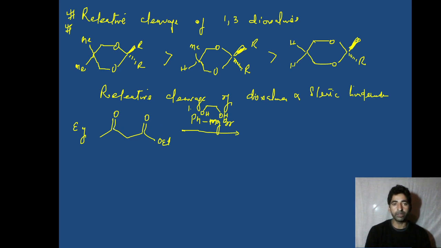The order of reactivity of the keto group is more than that of the ester group when reacted with a nucleophile. In the Grignard reagent, the Ph is a nucleophile. But in the first step I have treated it with ethylene glycol, that's a 1,2-diol. What is the function of the 1,2-diol? It will protect my ketone so that I can easily bring about reaction at the ester carbonyl. Since it's a 1,2-diol, a 5-membered ring will be formed. So I have protected this keto group.